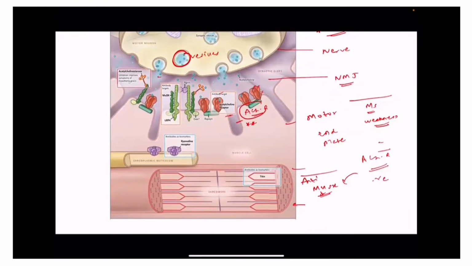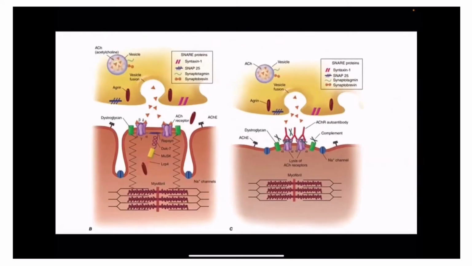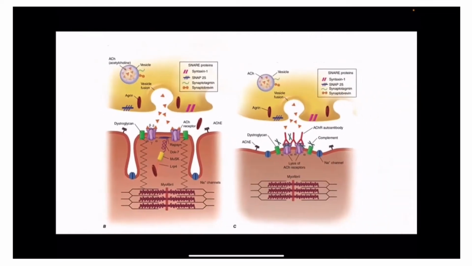And there are certain other antibodies also, if you want to remember. Again, this is a neuromuscular junction. This is your motor end plate. This is your nerve end plate. There are certain antibodies against certain components of these parts. So there can be anti-agrin antibodies. And there is one more component at the muscle level, known as anti-LRP4 antibodies. These things have to be marked, because anti-agrin, you can remember, is at the upper end, and anti-LRP4 is at the motor end plate. So these are the other two antibodies.